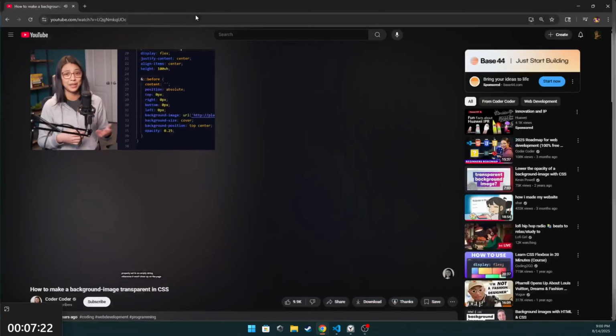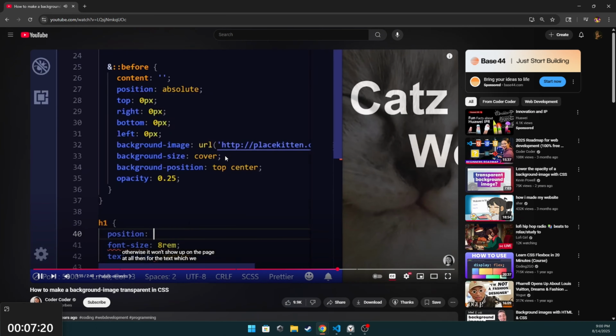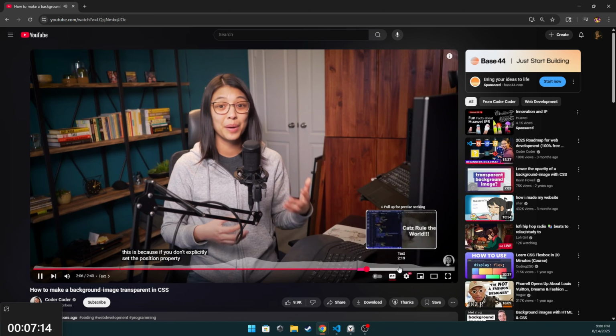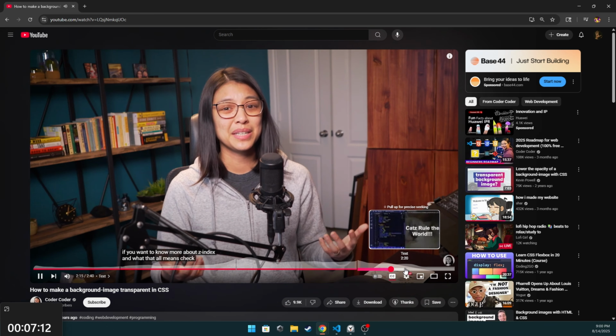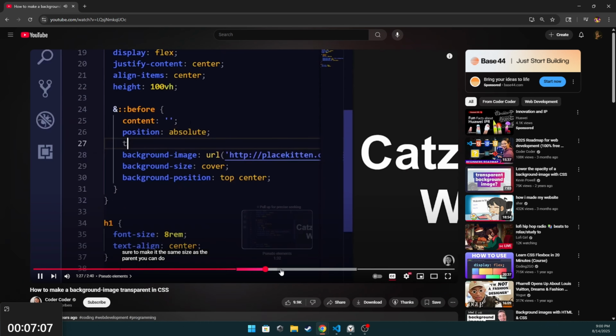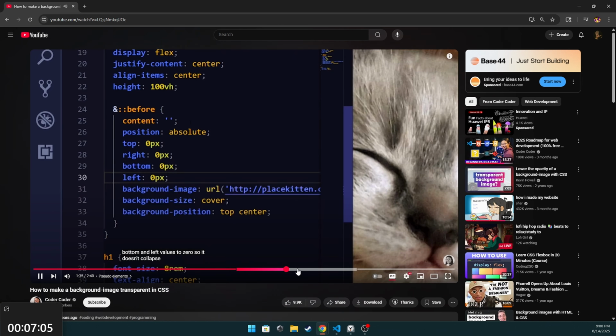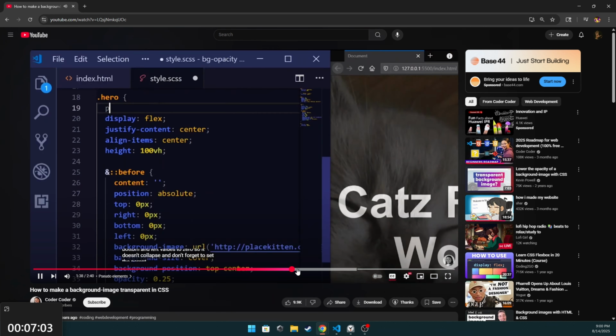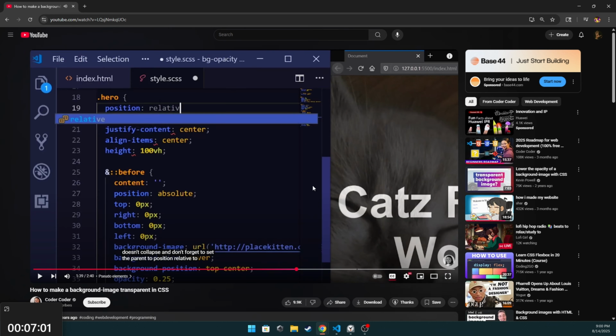Otherwise, it won't show up on the page at all. Then for the text, which we have in the h1 tag, you will need to set it to position relative so that it'll be on top of the image. It'll only affect the image. You can do this with values to 0 so it doesn't collapse. And don't forget to set the parent to position relative to